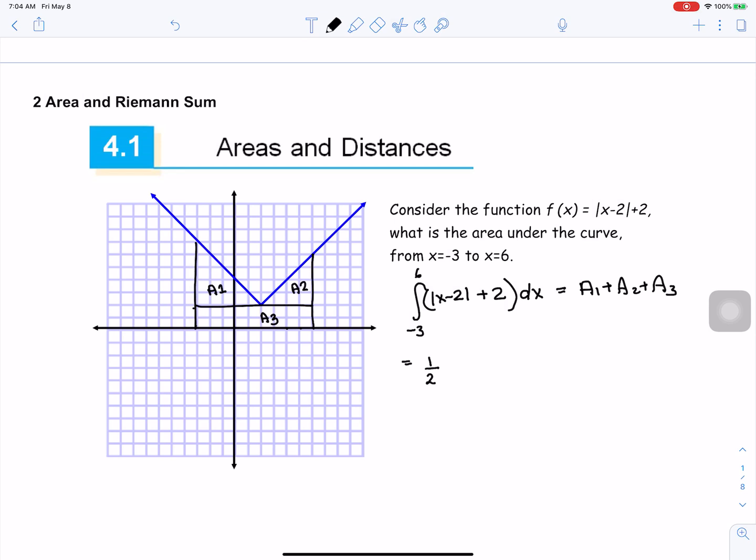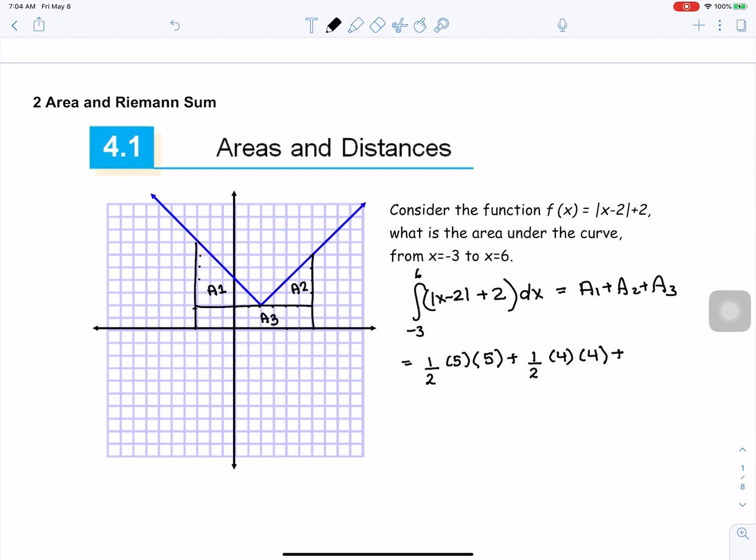The base of the triangle is 1, 2, 3, 4, 5 units long, times my height, which is 1, 2, 3, 4, 5 units tall, plus my area 2 is also a triangle, 1/2. The base is 1, 2, 3, 4 units long, times my height, which is 1, 2, 3, 4 units long,